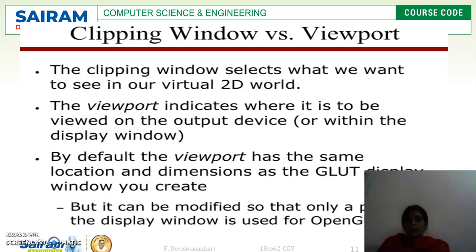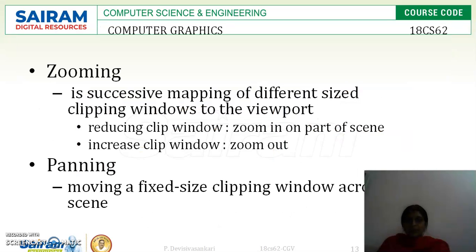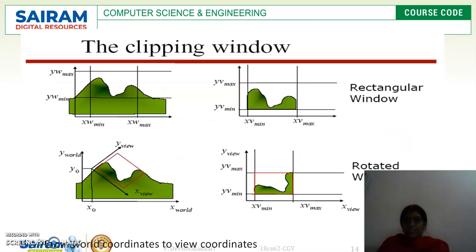I will explain this with this equation. See, this is the clipping window. Here we have the minimum as well as maximum of the y and x values, right? If we cut only this particular rectangular window, then this is called the viewport, right? The viewport is not always the rectangular part of this area.